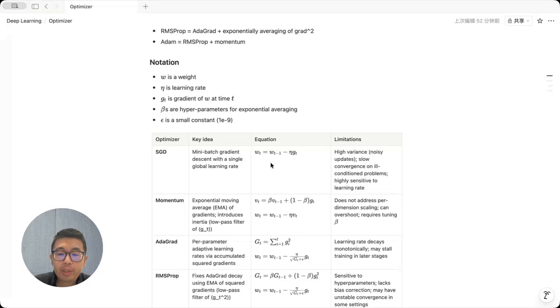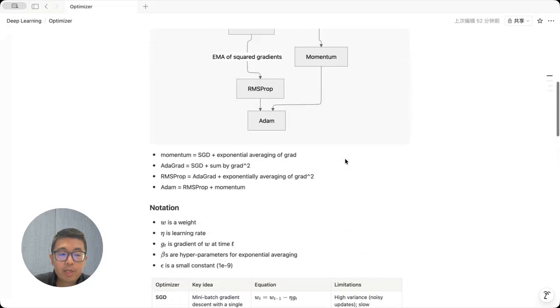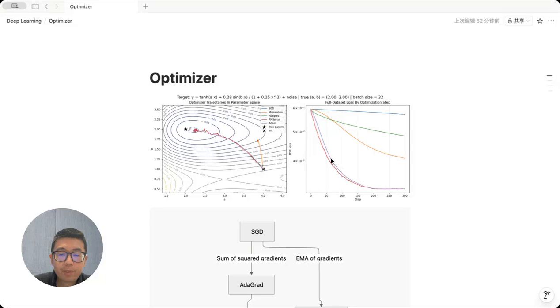But there are two immediate problems. First, the slope is noisy because you are only sampling a small part of the terrain, so sometimes you step in slightly wrong directions. Second, you always use the same step size, no matter whether the terrain is steep, flat, or uneven. This makes the path zigzag and inefficient. As shown in the trajectory plot in the document, SGD tends to wander and converge slowly,